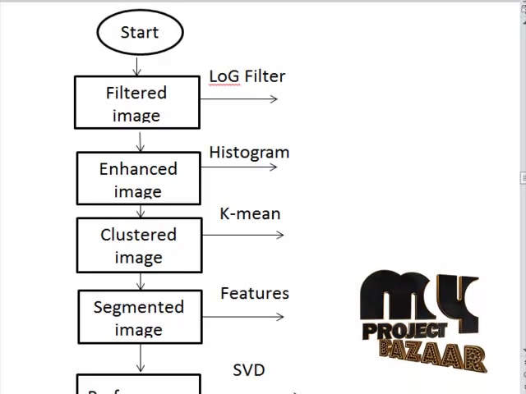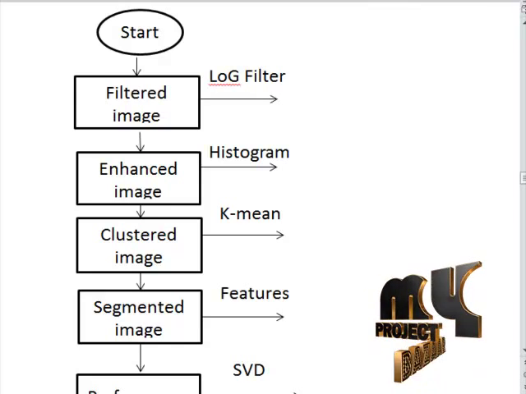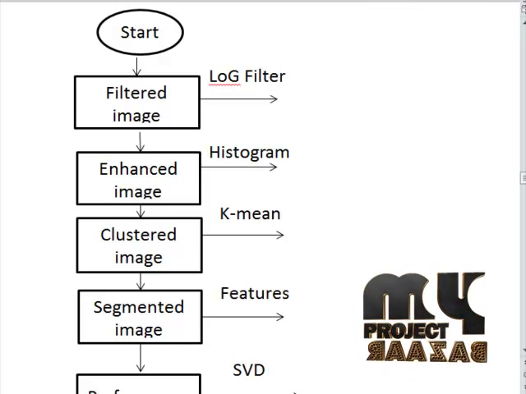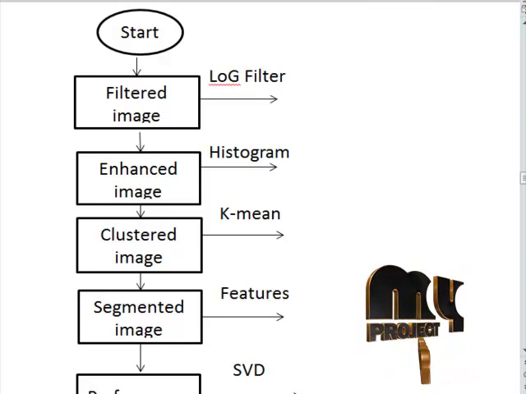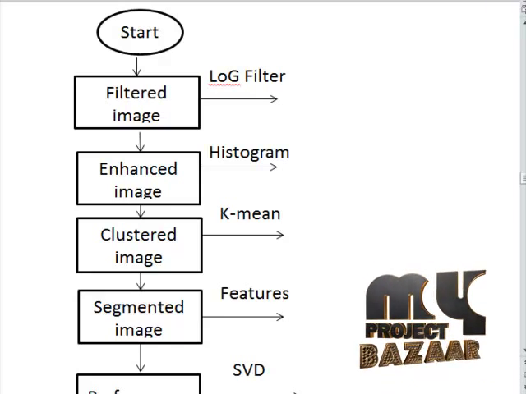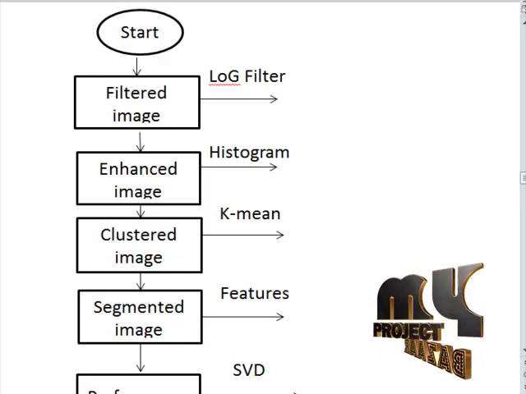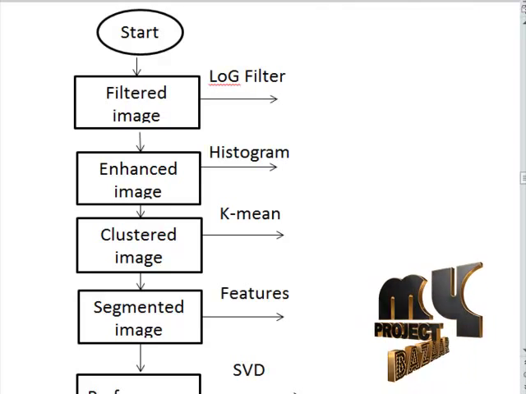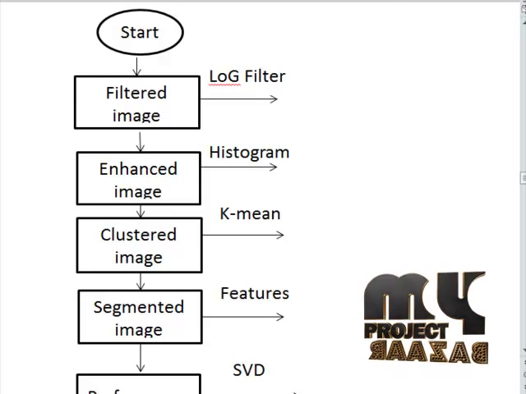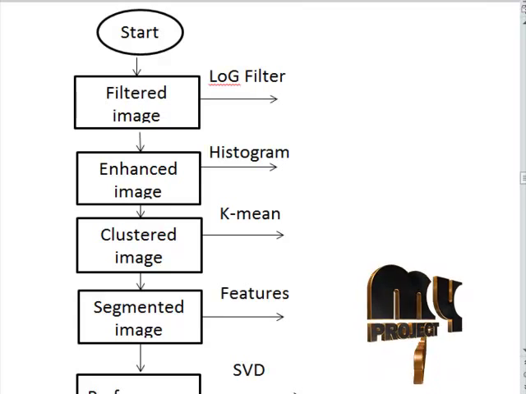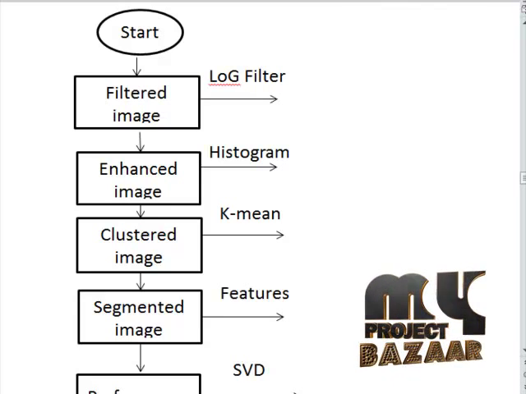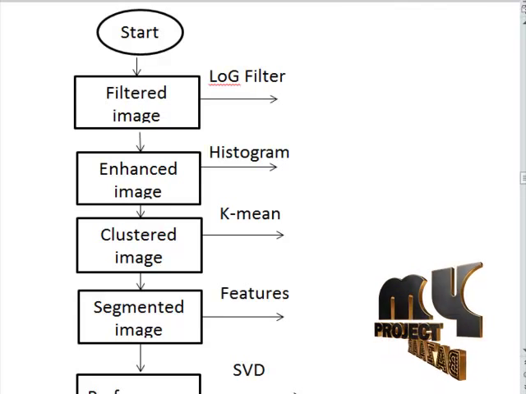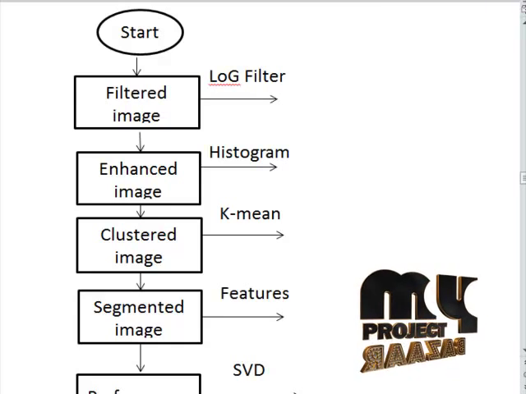Then the grayscale image is filtered by using Laplacian of Gaussian filters. There are a certain set of filters, but in this process we use Laplacian of Gaussian filters because it is used for smoothing the image and for the removal of